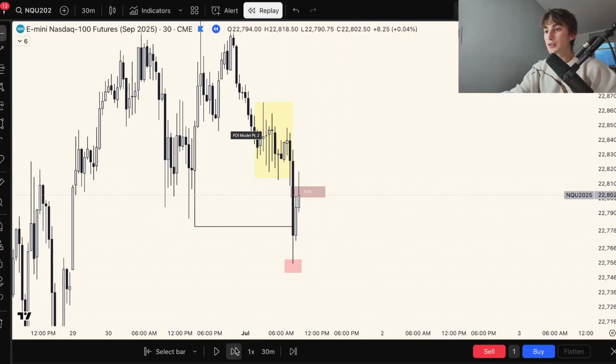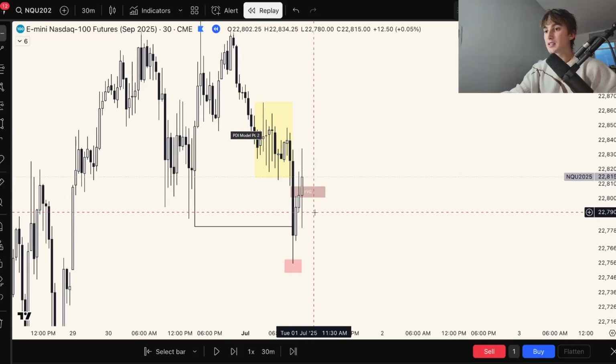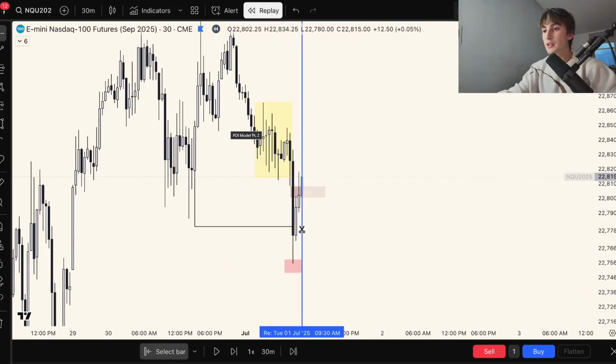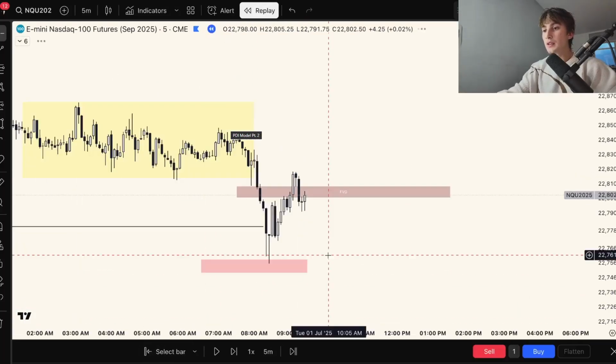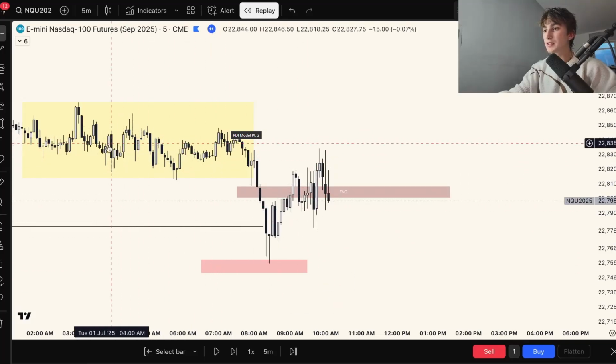And so going into New York session, we can see that this 30-minute is getting inversed. However, we're not executing on this time frame. This is only serving us the purpose of understanding the narrative that yes, we are bullish, we can look for longs. So if we go back here now, right,